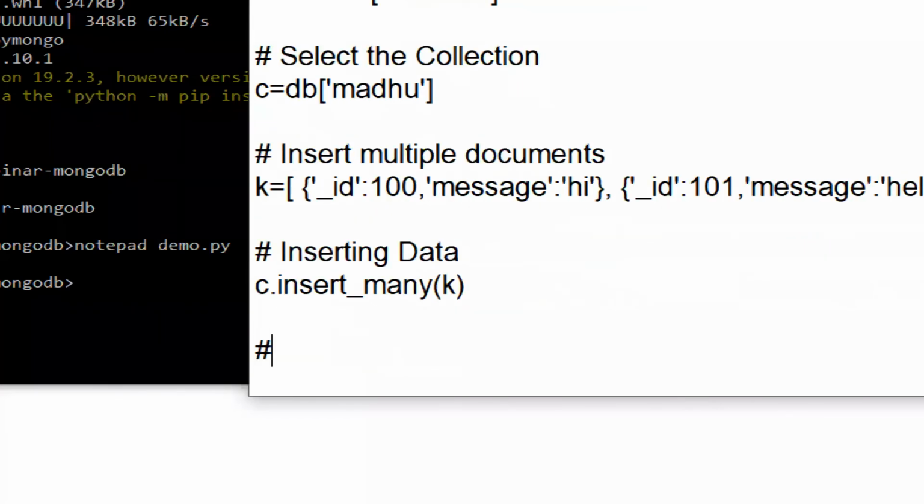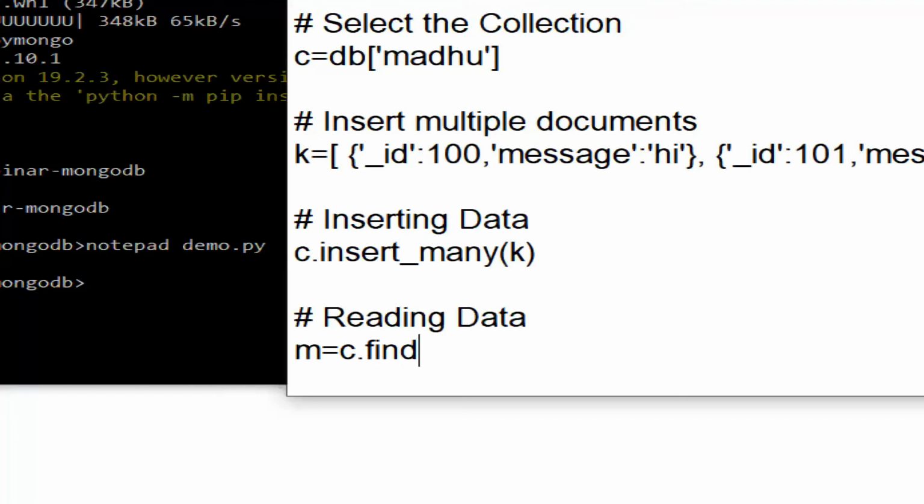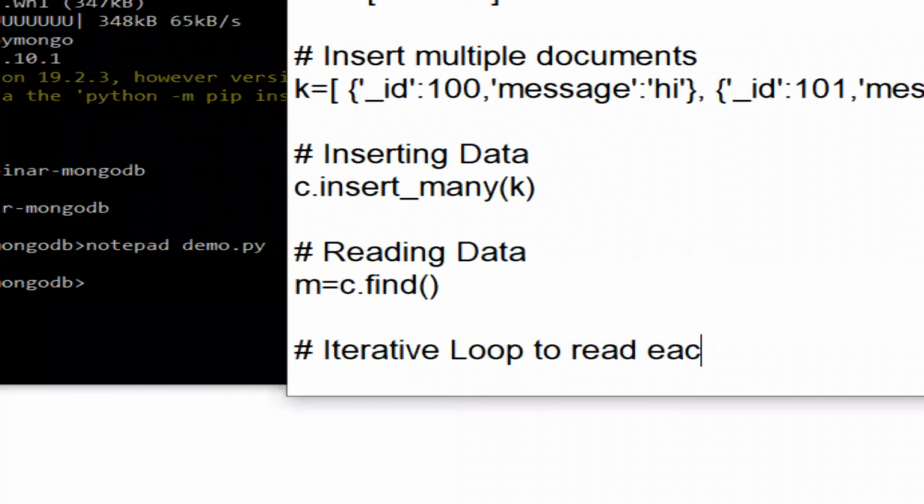So let's read the data. To read the data, we need to take some return variable, say m = c.find(). But here when it is returning, you'll get a lot of documents, right? And that has to be iterated. So we have to take an iterative loop to read each and every document.